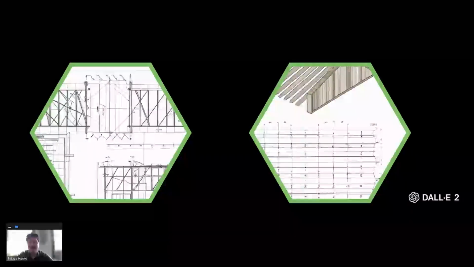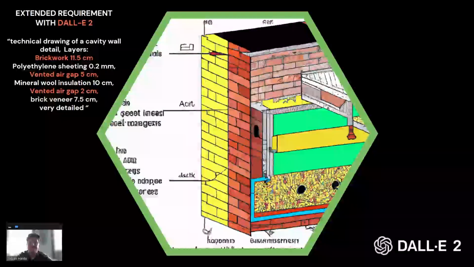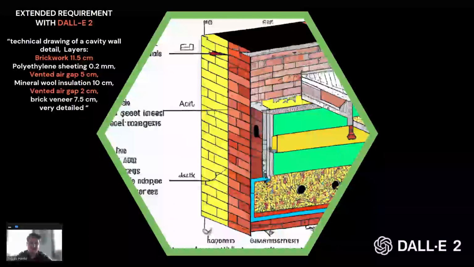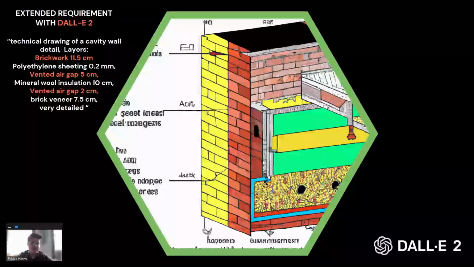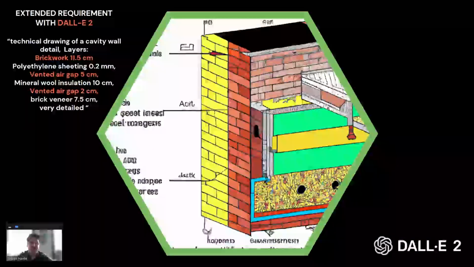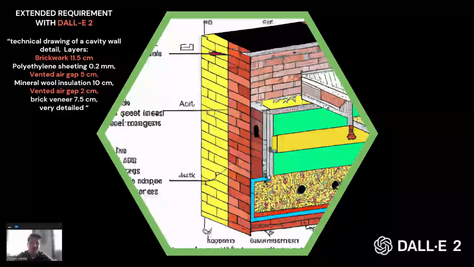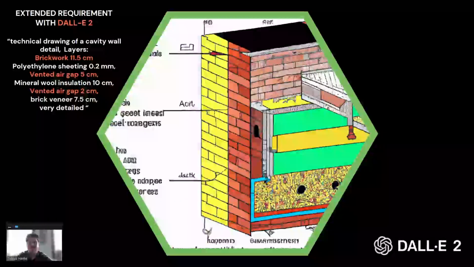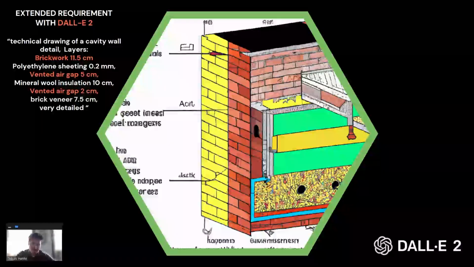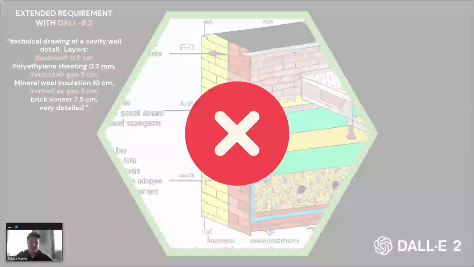We see that DALL-E 2 is able to create the visualization of a structural detail by request, but it's not able to create a usable structural detail that fits 100% of the user's requirement. The result of the investigation showed that AI is able to create an image that reminds the viewer of a structural detail. But by taking a closer look at the generated images and repeating the process, the analysis revealed that DALL-E 2 is unable to create a structural detail for use in the design process of architecture. So the results are not usable.